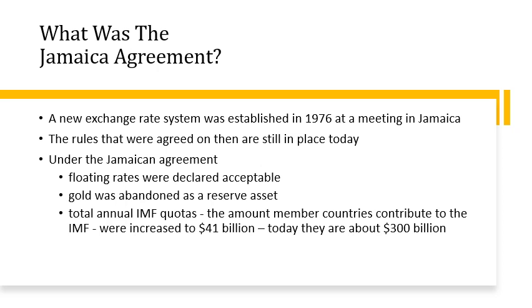The second important agreement was that gold was abandoned as a reserve asset. Previously, whenever the US as a country printed $1, they used to keep an equivalent value in gold in reserve. So now this system agreed that there is no longer a need to keep gold as a reserve asset against